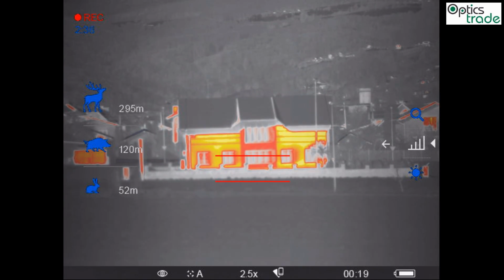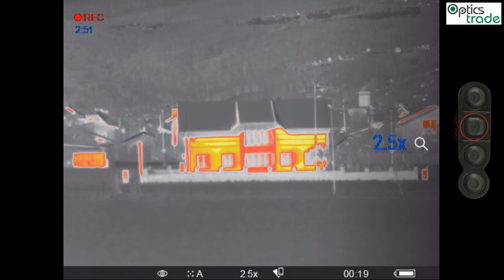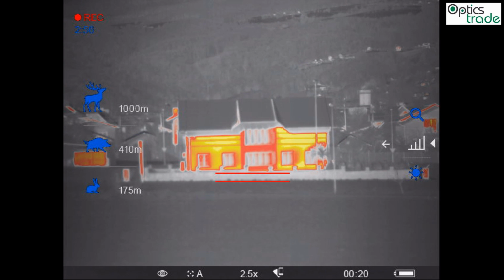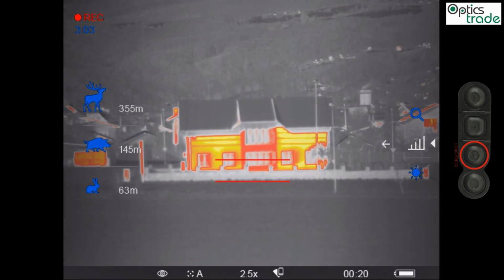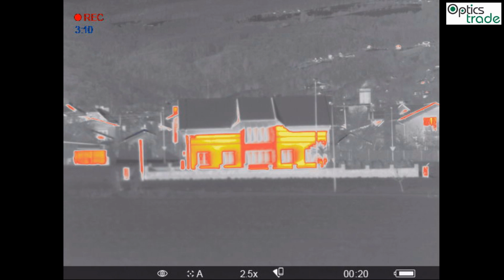Now we can also jump with short presses of the down arrow between magnifications with jumps of, I think, 5. If we do again a short press of the menu button, we get a range meter. This is a really easy way how to use the optical rangefinder. You just put into the two lines, which you can either set apart or